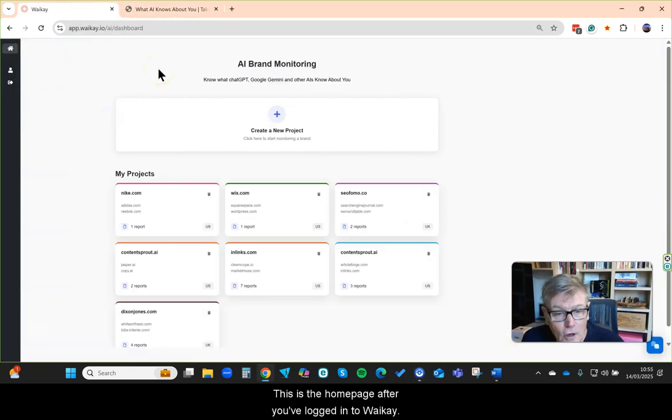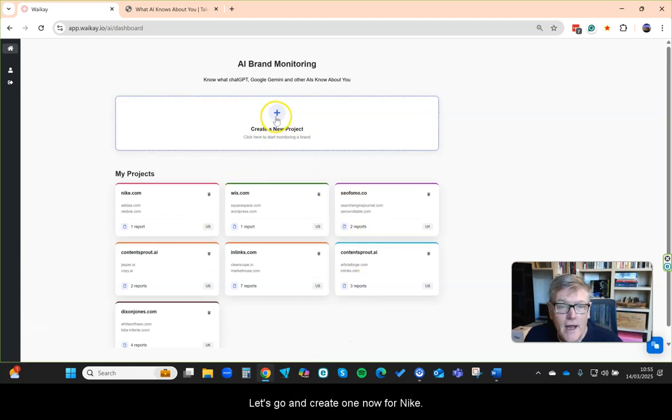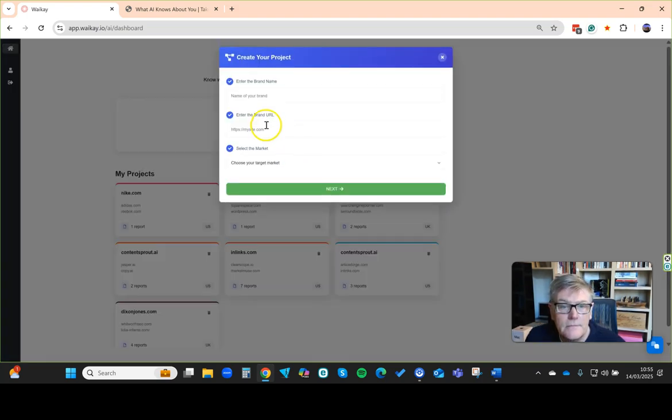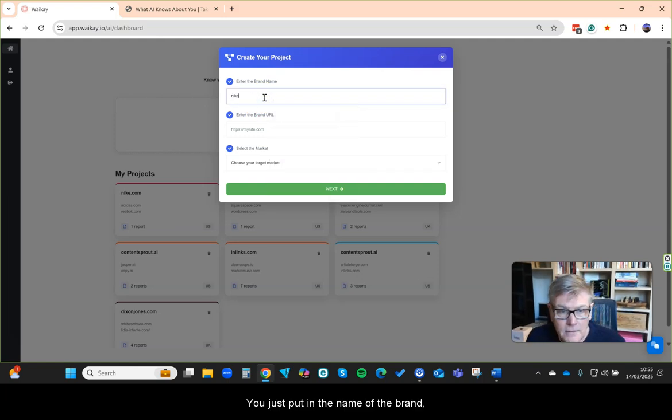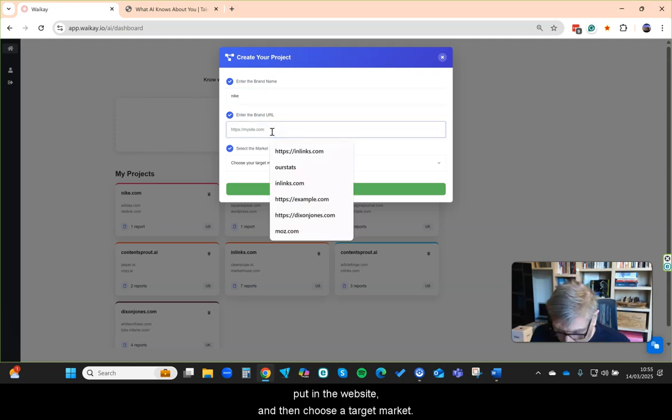This is the homepage after you've logged in to Waikay. And this particular one has 7 projects already in here. You can create a project just by clicking on New Project. Let's go and create one now for Nike. I've got one already. Let's go and have another one. So you just put in the name of the brand, put in the website,